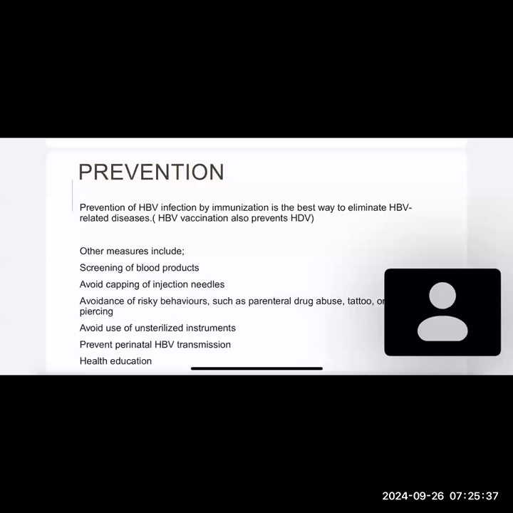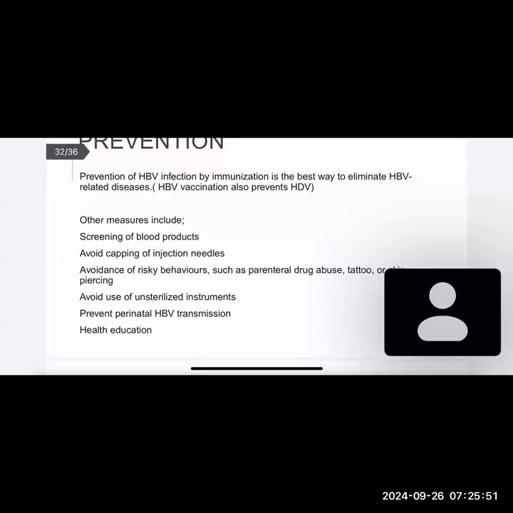For the most important means is actually immunization. That's the best way to eliminate any HBV-related disease. And it's important to know that the HBV vaccination also covers against the Delta virus infection. Now, other measures that we can institute to prevent the disease is to screen blood products before use, which I